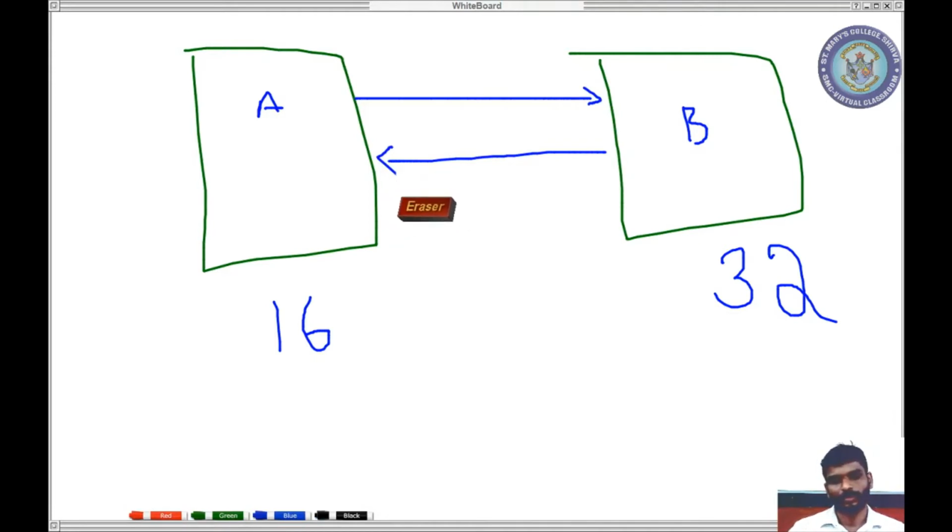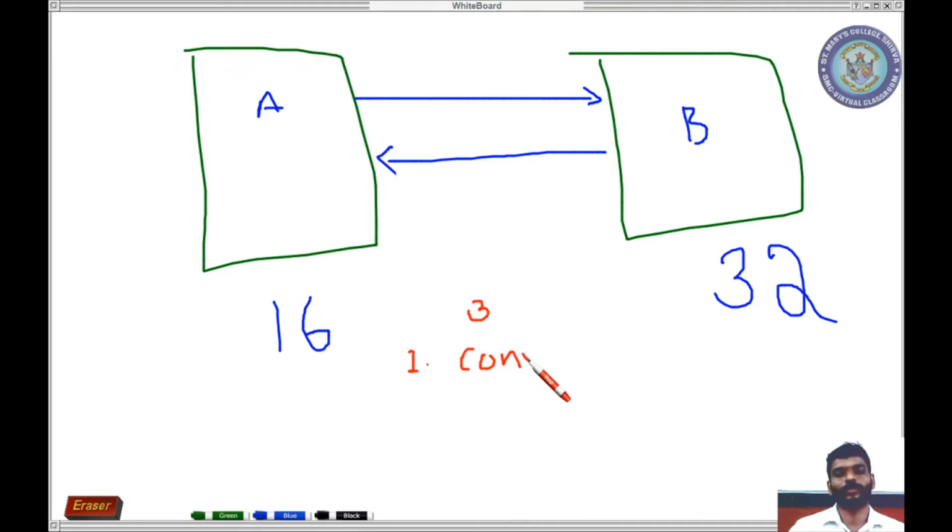Then what do we need to do? If you send it as it is in the 16-bit representation, then it will not be understood. There will be three different steps. The first step: convert the data to 32-bit and then send the data.